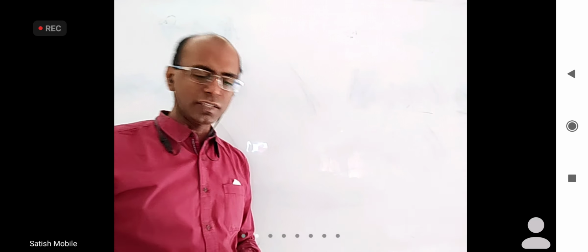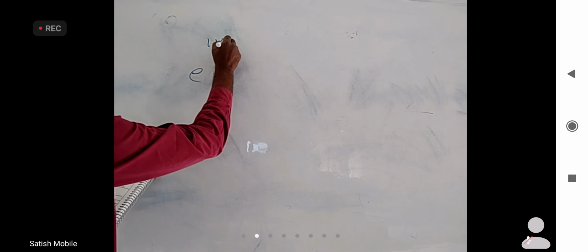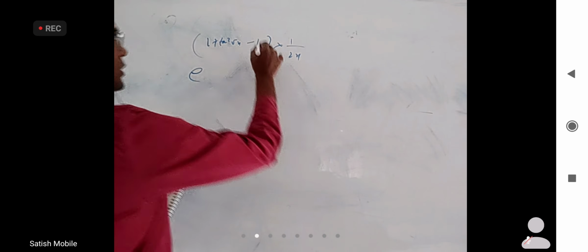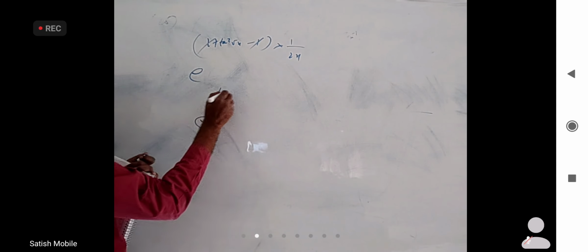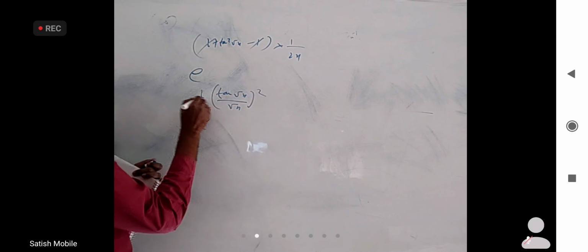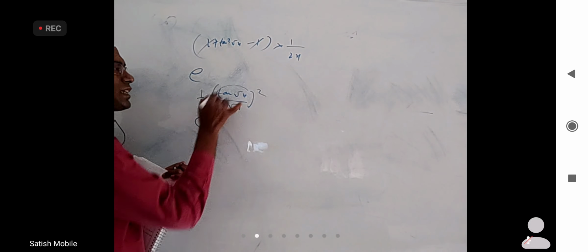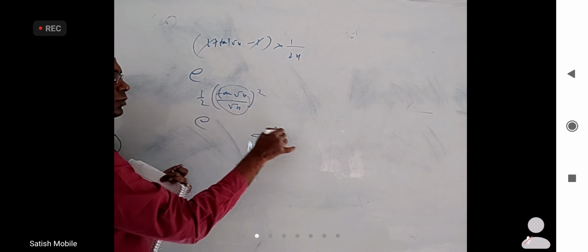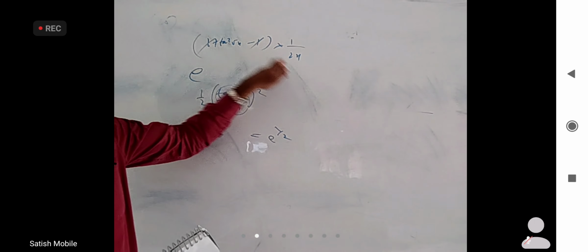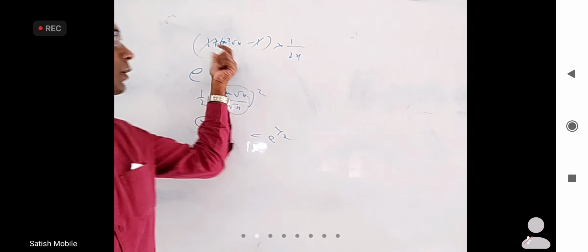Yeah, 28 is also 1 power infinity. Base is becoming 1, power is becoming infinity. So e power (1 plus tan square root x minus 1) into 1 by 2x. This and this will cancel, which is (tan root x by root x) whole square with a 1 by 2. The limit is 1, so e power 1 by 2, root e. That's all. You have to understand it is 1 power infinity and use the formula e power (f of x minus 1) into g of x. F of x is the base, minus 1, into the power.